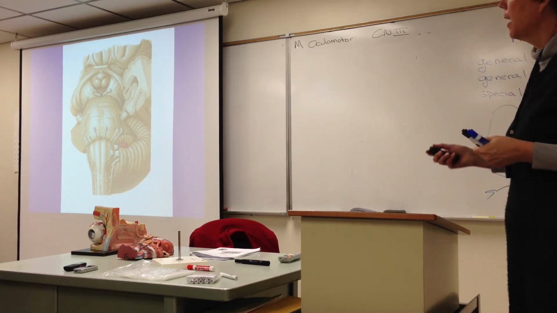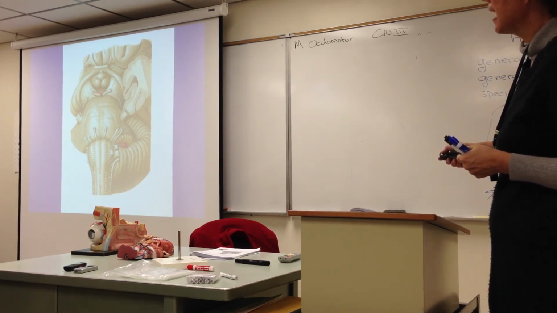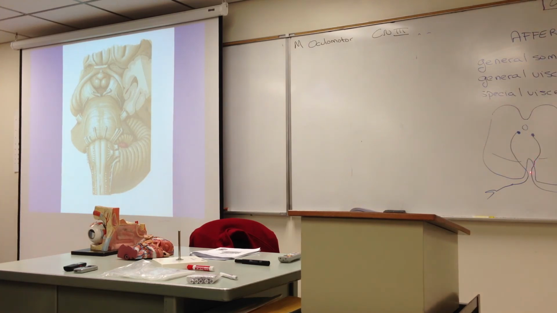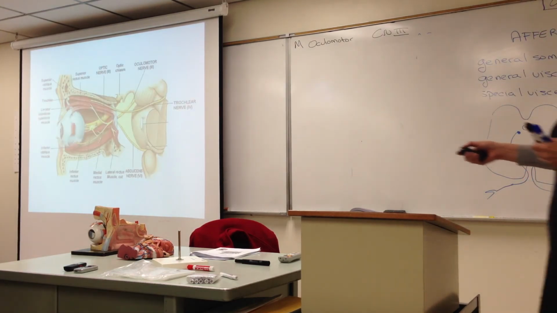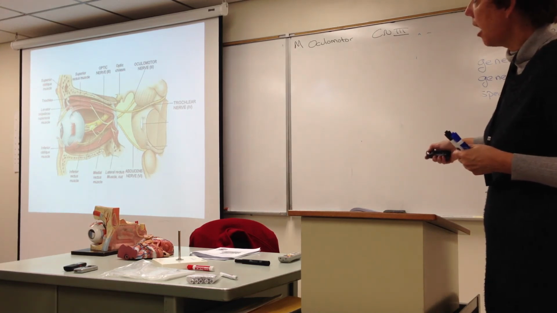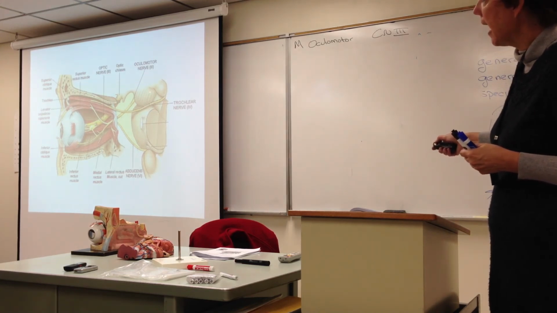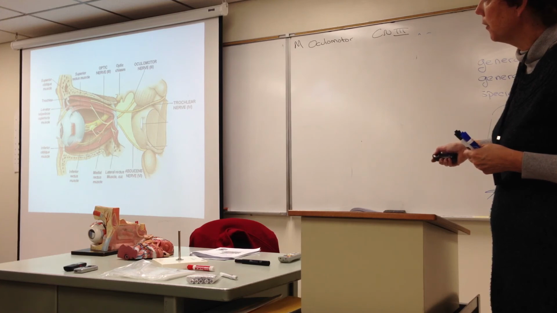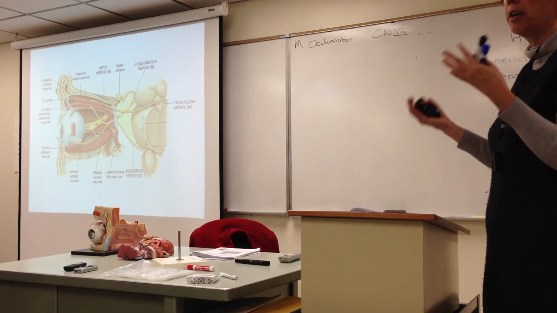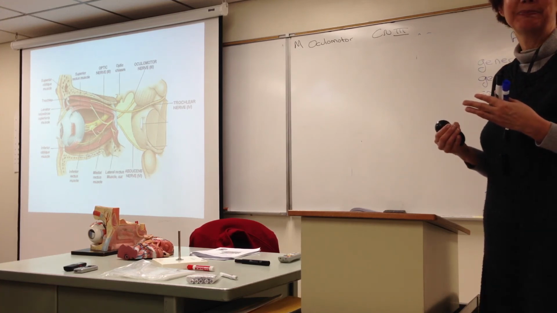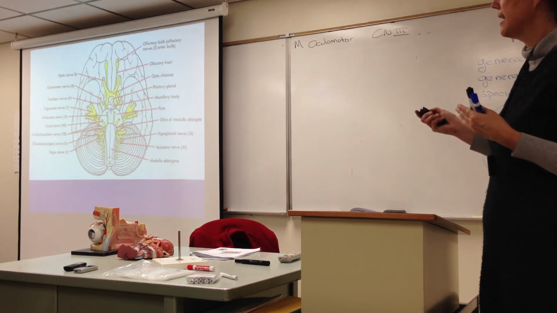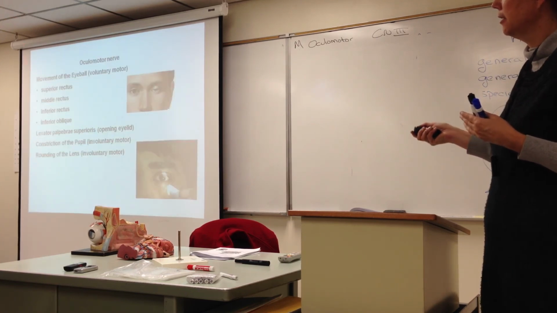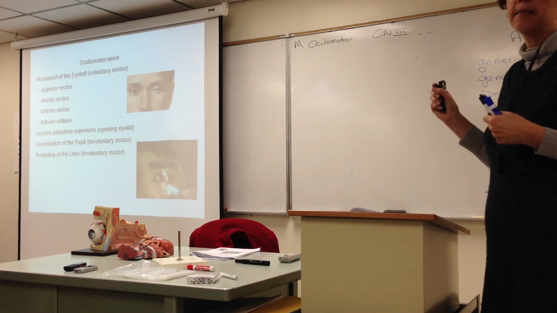Okay? So here is oculomotor, as I indicated, coming out between the two cerebral peduncles. And if we look at this diagram, this was optic nerve for vision, and here is oculomotor nerve coming in, and it does 4 muscles that move the eyeball. Those are listed on your lecture notes here. All right, but like I said,